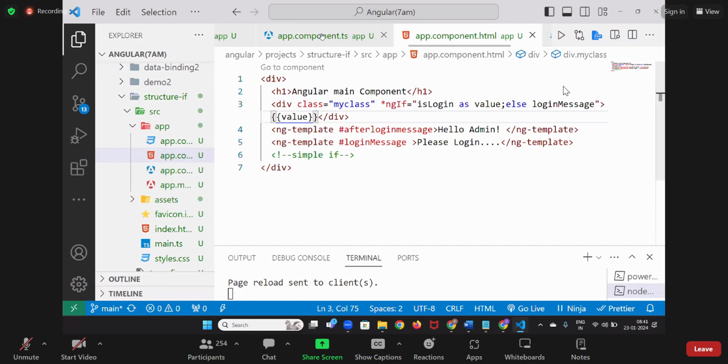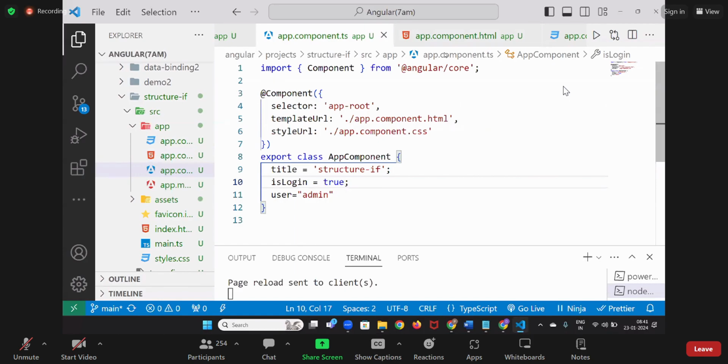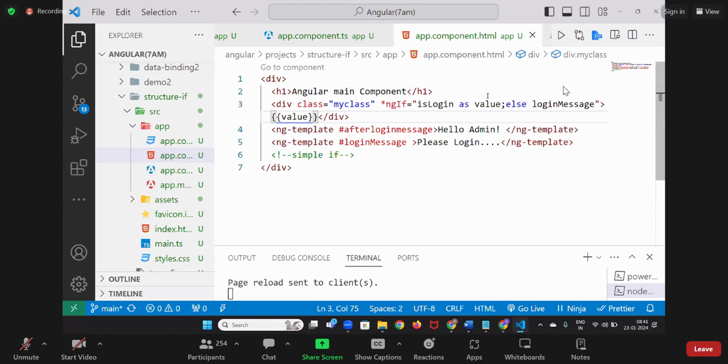So did I declare that value here? No. Did I take it anywhere? No. Automatically, whatever the value of is login is coming, I am storing is login in another variable also. Okay, that also can be done. I hope till now everyone is clear. Okay,